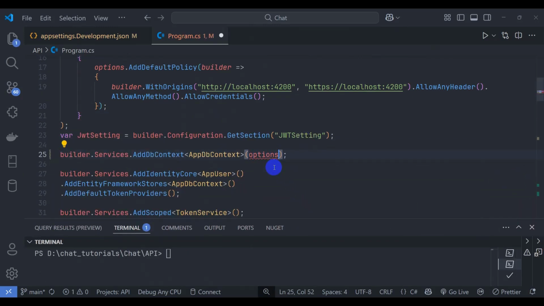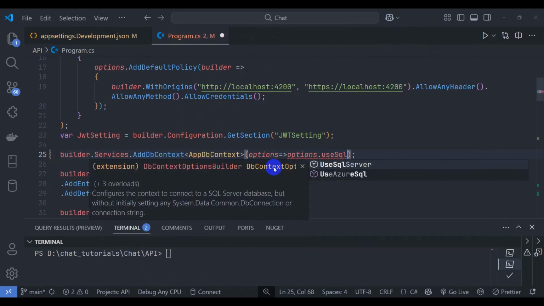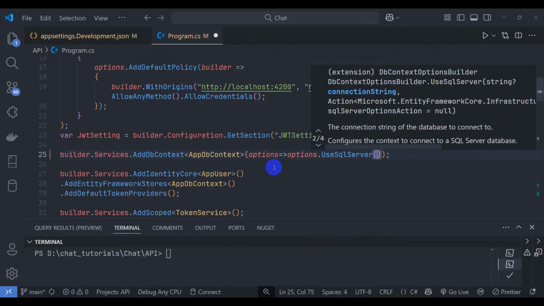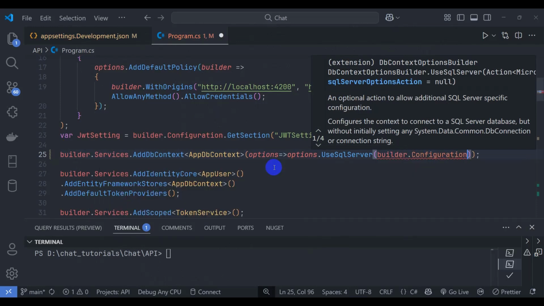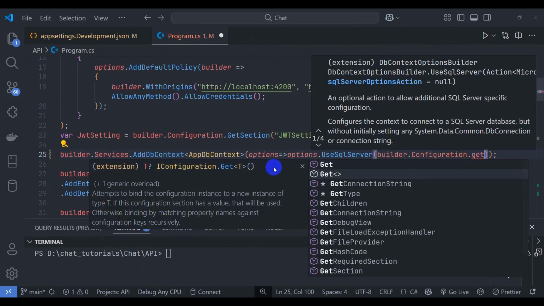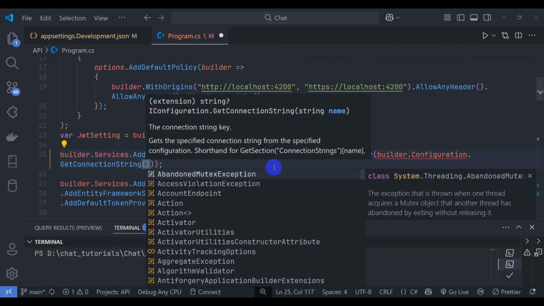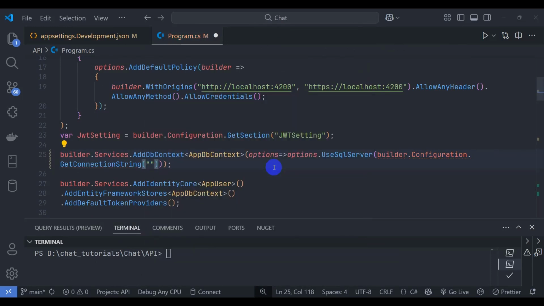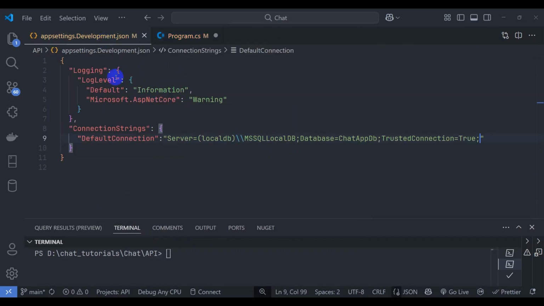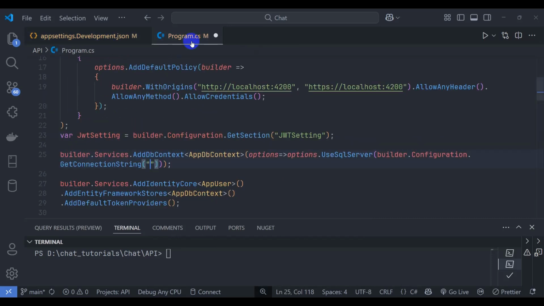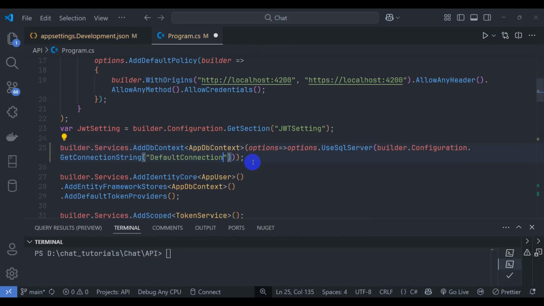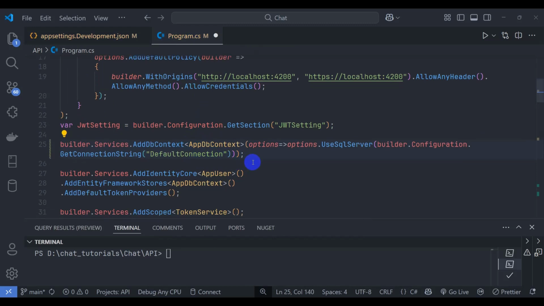And let's pass options, options.UseSqlServer, and let's pass here the connection string: builder.Configuration.GetConnectionString. So let's pass here the connection string name. Here we have the connection string name DefaultConnection. So let's copy it and paste here. So let's save it. Let's open Explorer,